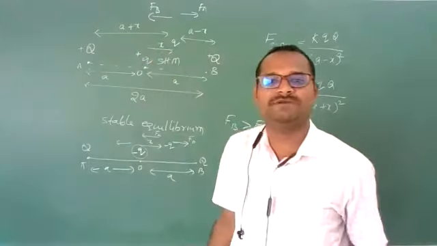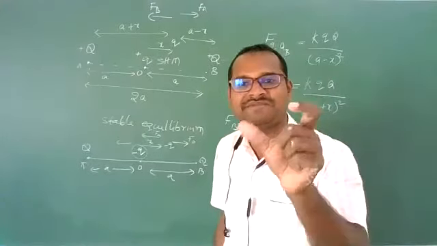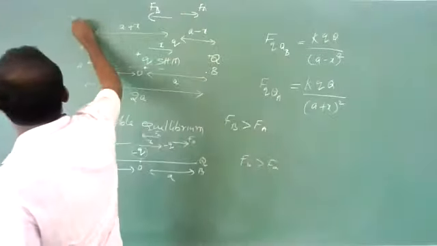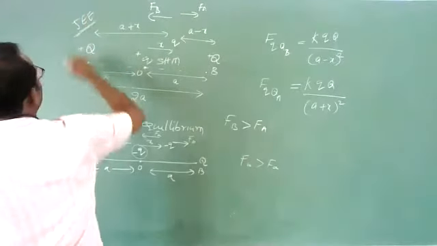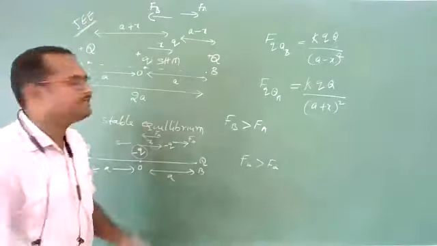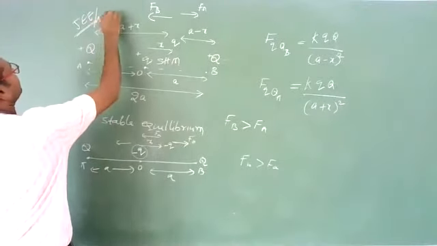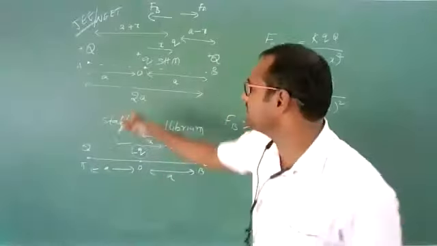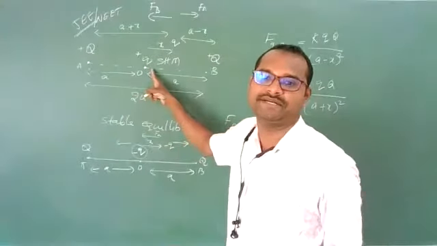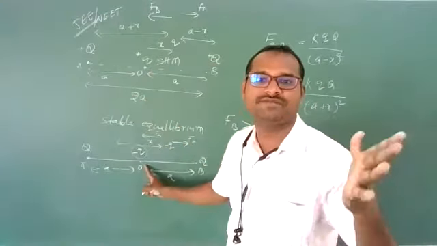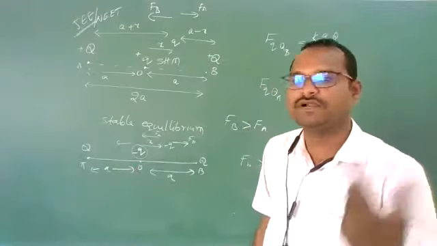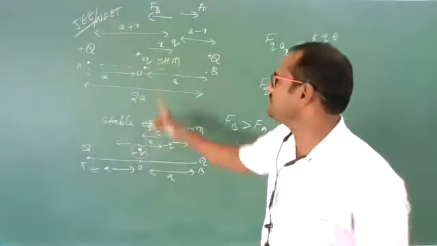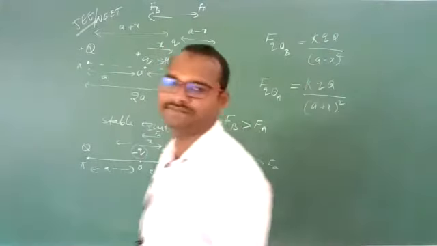Whenever one object is performing simple harmonic motion, it will have some time period. We need to calculate the time period. Yes, that is the question. Important point for JEE point of view, and NEET also, mainly for JEE students. What will be the time period? Once it is in stable equilibrium, we need to calculate the time period. Here it is unstable equilibrium, so there is no need to find the time period because we can't find it. It will continuously be in motion. Yes, we need to find the time period here. How to find?